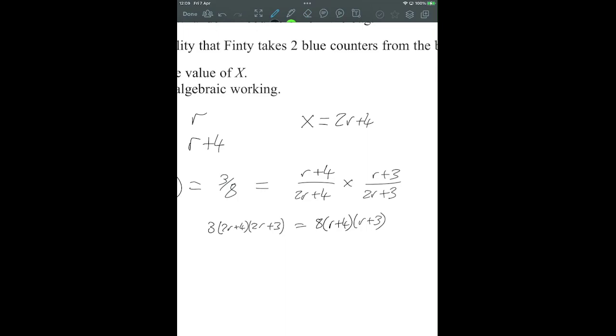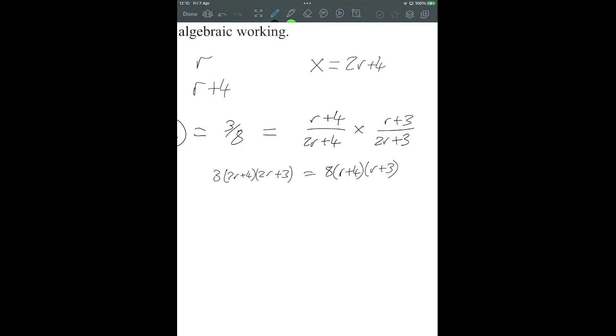And I'm looking at that and I'm thinking quadratics again. This is going to be another huge quadratic question, which isn't surprising. We took 2 counters out, that's giving our double level. So I'm going to expand everything out carefully. I'm going to expand out the quadratic bits first. We get 4R squared, we've got an 8R and another 6R, that's 14R. We've got 3 times 4 on the end. Over here we've got 8R squared plus 4R plus 3R plus 12, again expanding the next level of brackets. 3 times 14 is 42 plus 36 equals,